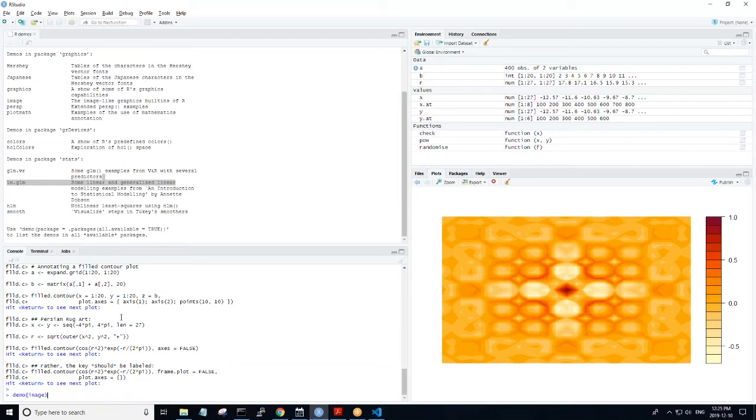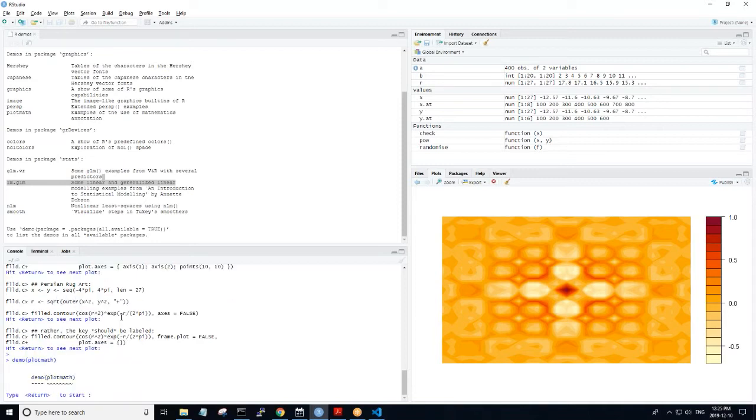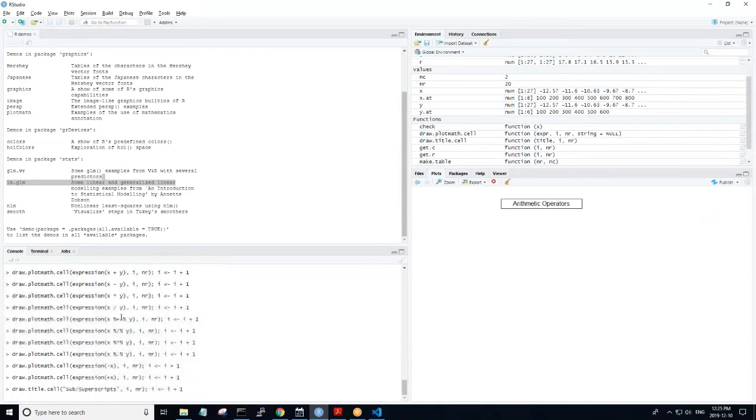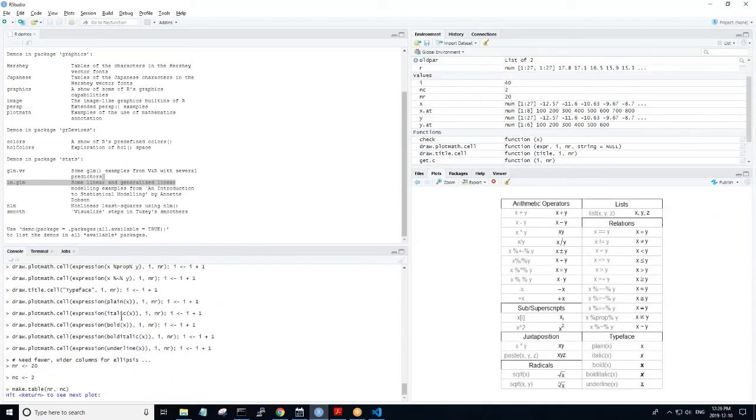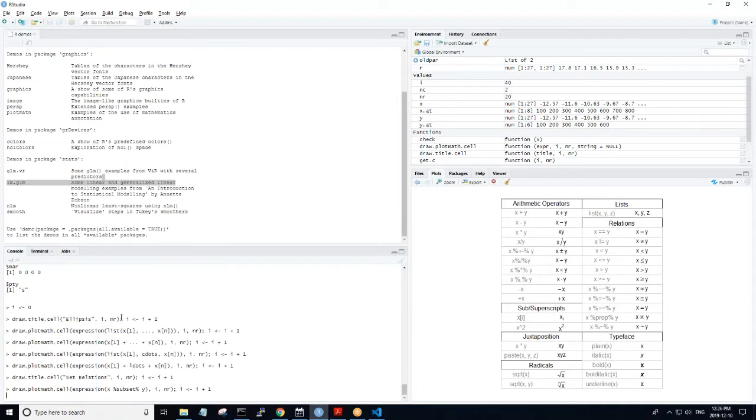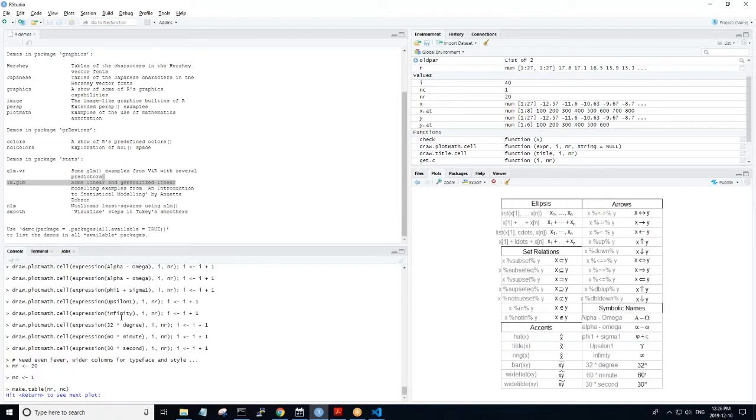Another example here is, we'll take a look at plot math. Again, to demonstrate that we also have a lot of lovely rendering that we can do, which makes things very nice in terms of being able to present results.